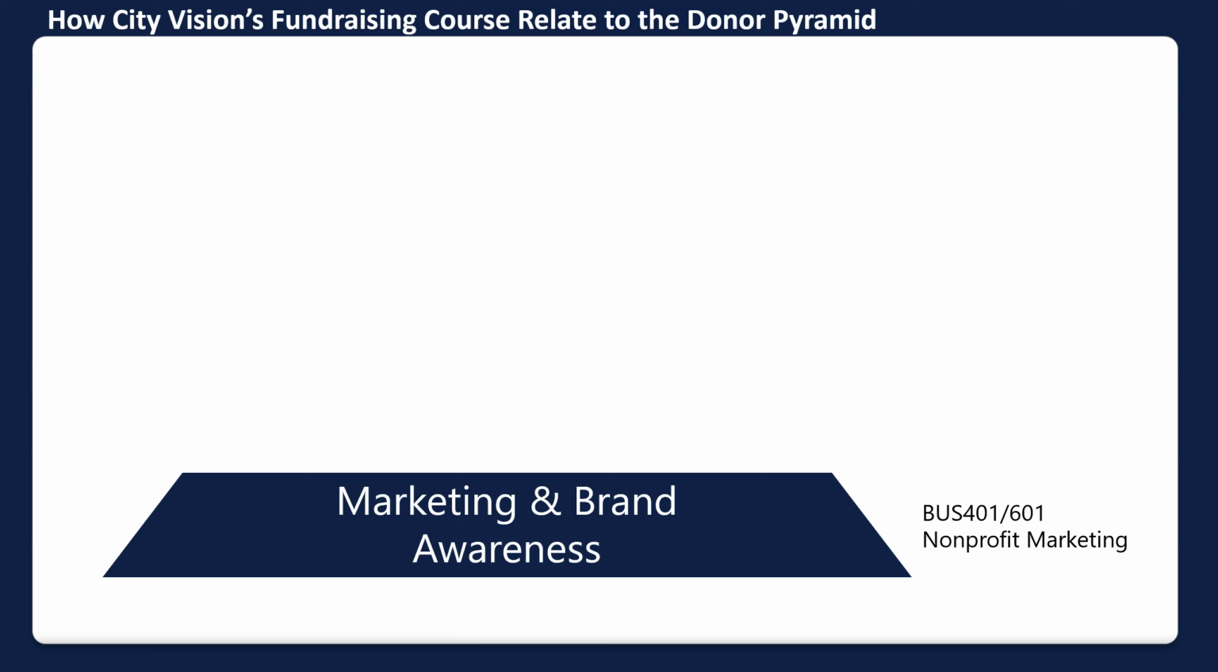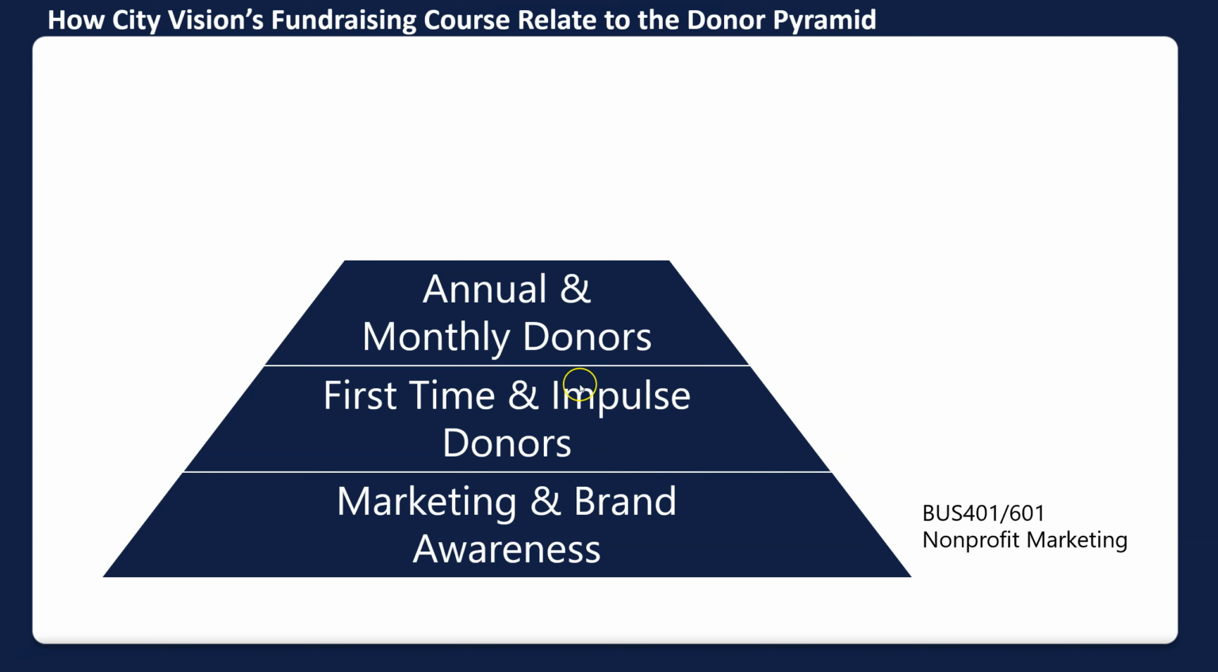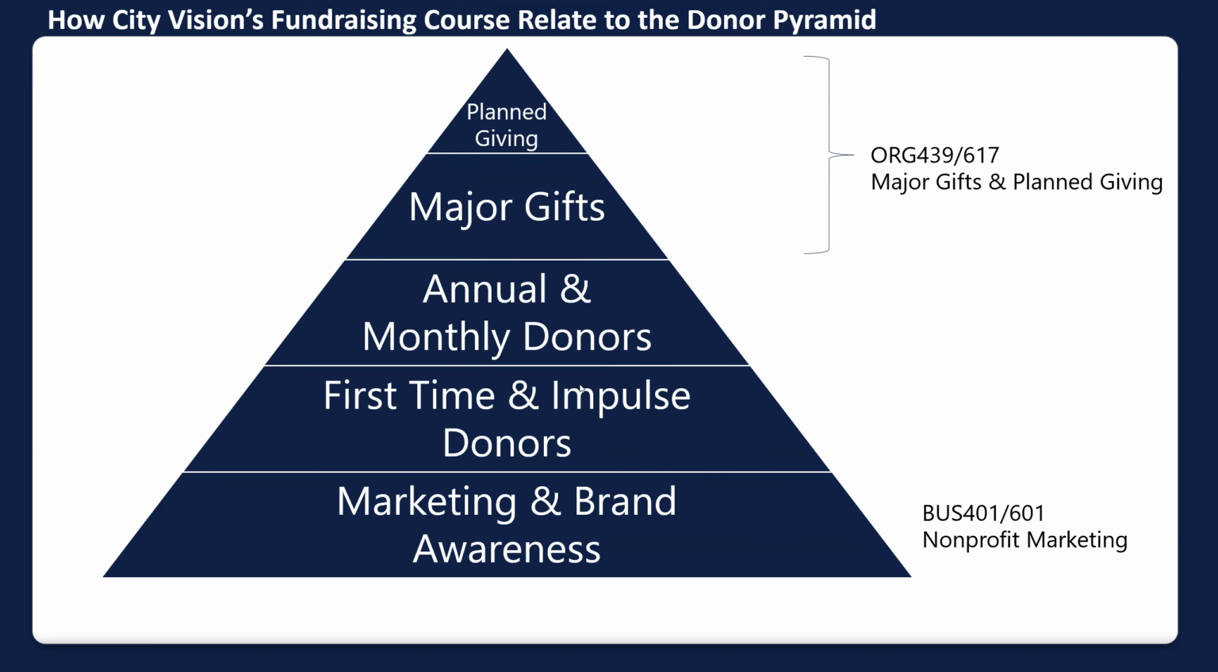Now, one other way you can look at City Vision's fundraising courses is across the donor pyramid. Most people in the development or fundraising space have a donor pyramid. You have marketing and brand awareness, which is City Vision's nonprofit marketing course. Then you have first-time and impulse donors, annual and monthly donors, major gifts, and planned giving. Major gifts and planned giving is going to be in this course. And what makes nonprofit fundraising different is that it covers the comprehensive life cycle, from marketing to